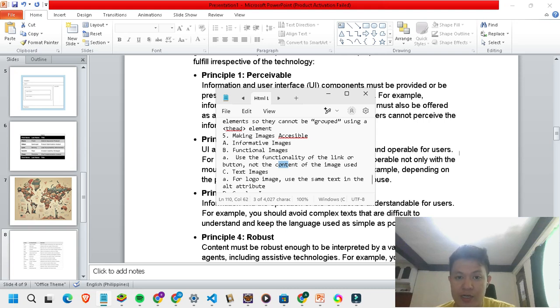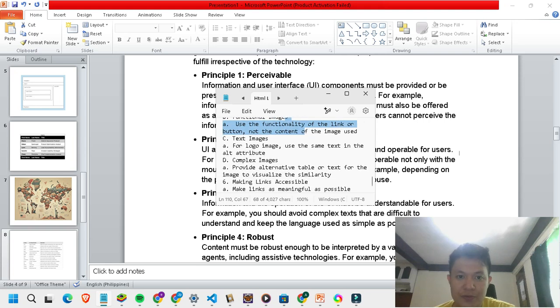So the alt attribute in the element should be print because it's the function. It's what it does. So for text image, for logo image, use the same text in the alt attribute. So that's an exception. But you should not usually use text images because you can use text instead. Why would you use an image for a text, right?